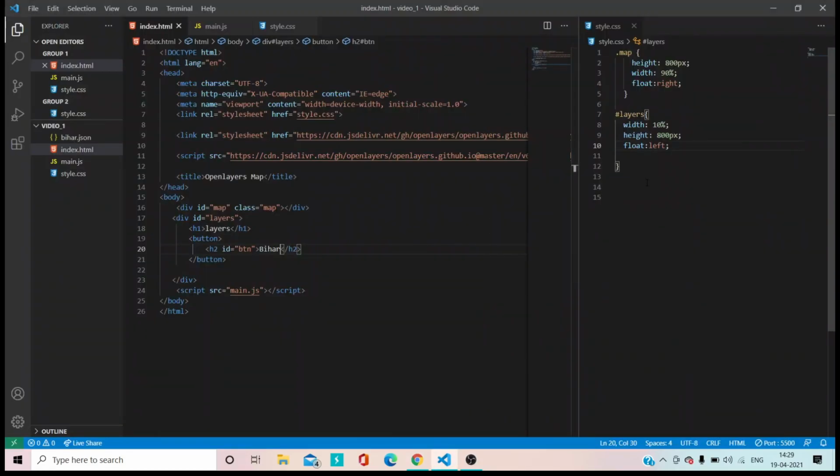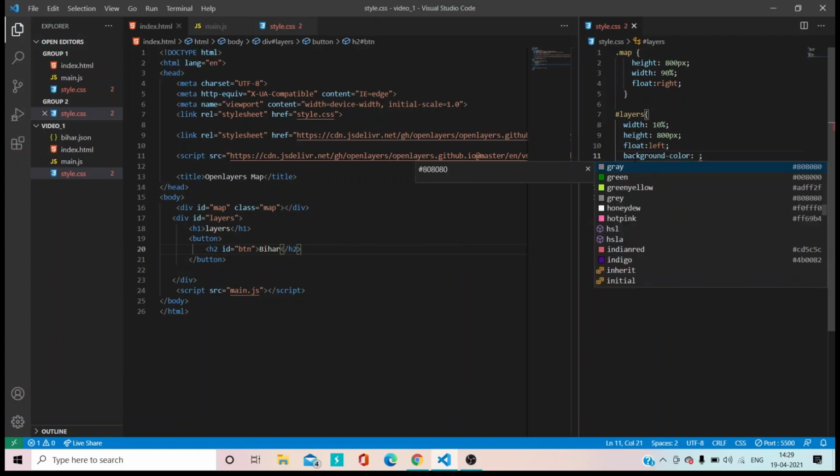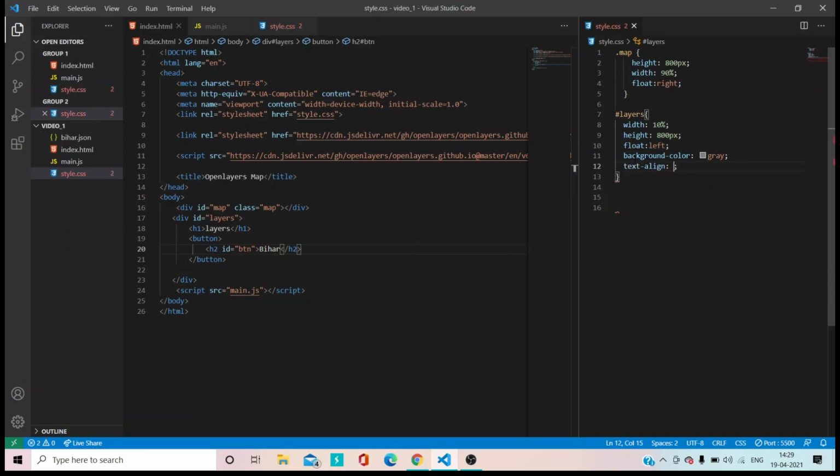And so let's give a background color as gray, text align as center, and we'll style the button also. So hash btn. Let's give width as 70 px and height 20 px.